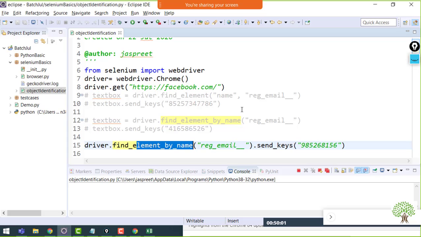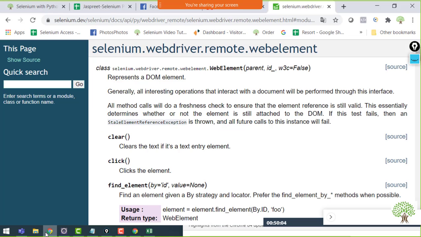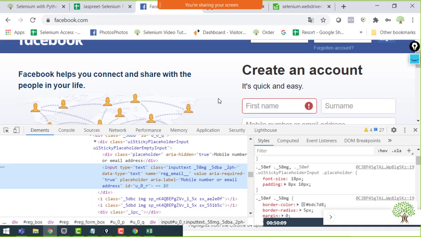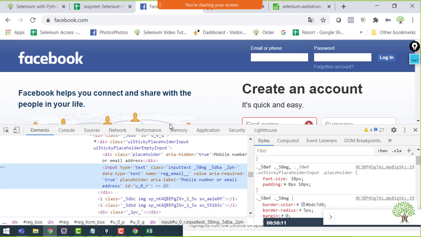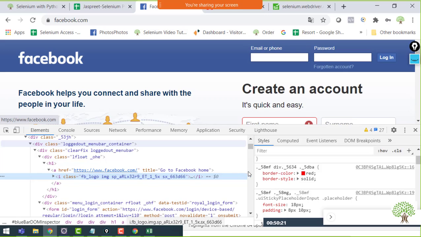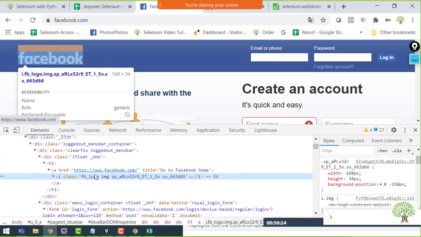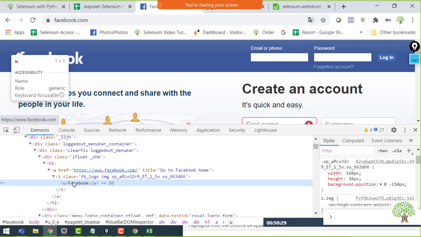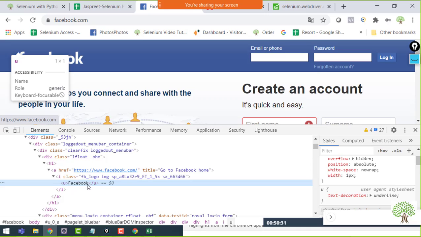Now coming to the topic: in any case, if any of the elements on the web page does not have any of the optional attributes. For example, this Facebook text that you can see over here is inside an I tag, and inside that I tag there is a U tag in which this Facebook is written, and this Facebook text does not have any ID, name or class name.